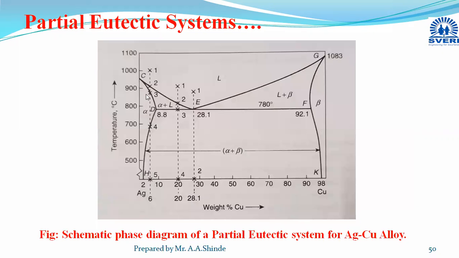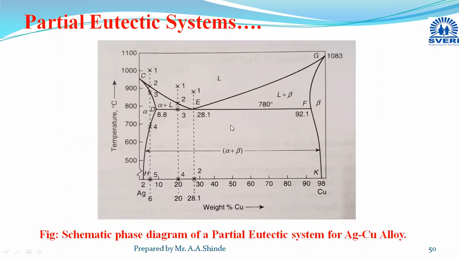Okay, for this curve, for hypoeutectic alloy with this 6% B, now the similar microstructural changes will occur in this end part region here. For hypereutectic alloy, in this region. If you take any alloy on this curve and observe its cooling, then you will find that microstructural changes are very much similar.